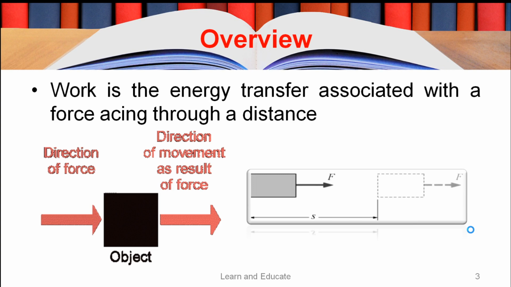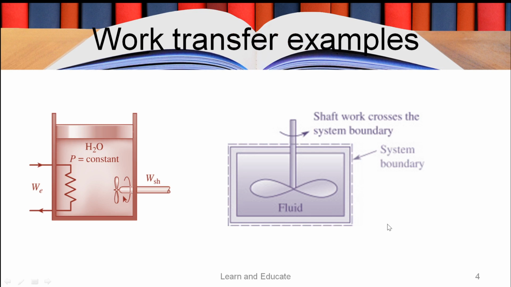You can see here, whenever there is an object which is having certain mass, when we exert some force on it, for example a force of F, whether it is pushing force or pulling force or even a shear force, the object will tend to move through a distance if the force is adequate enough to overcome the resistance. So for example, if the force applied is F and it is moving through S, obviously the energy transfer associated with that will be F into ds. We will see that in detail in the boundary work later.